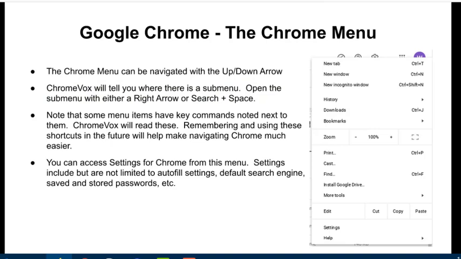Some menu items are going to have the key commands noted next to them, just like it has in previous menus that we've looked at. And remembering to use those shortcuts will certainly improve your efficiency when using Chrome, although it's not strictly necessary. It just gives you a hand and makes things a little bit faster and more streamlined if you remember those keyboard commands that accompany this